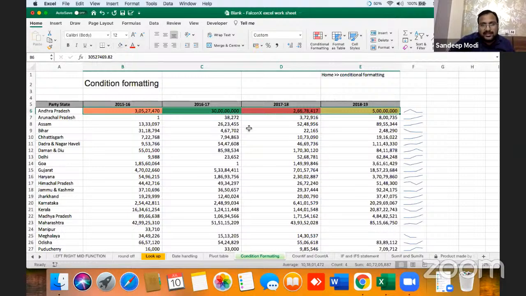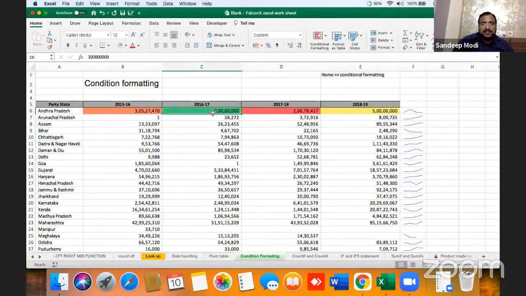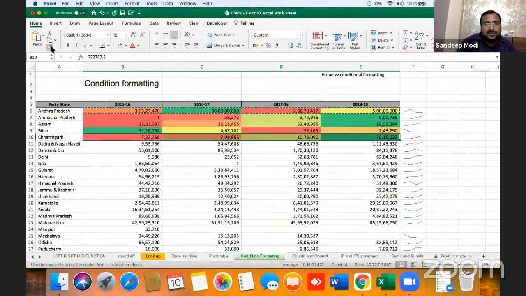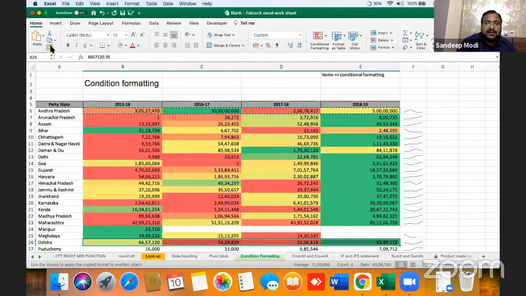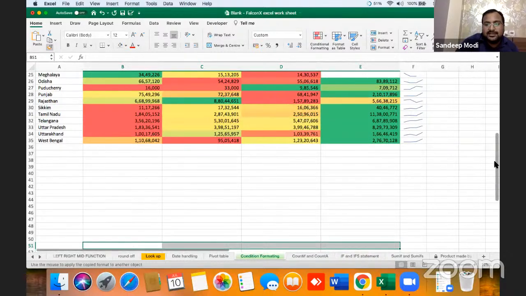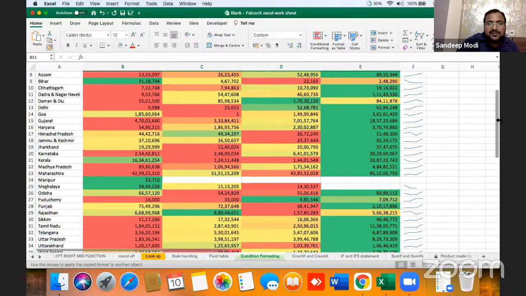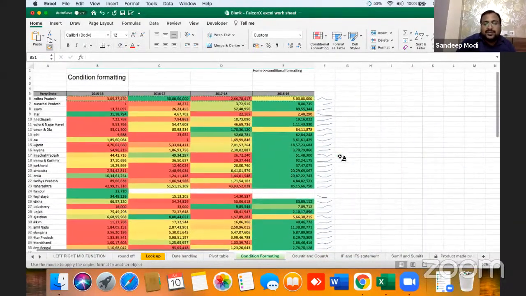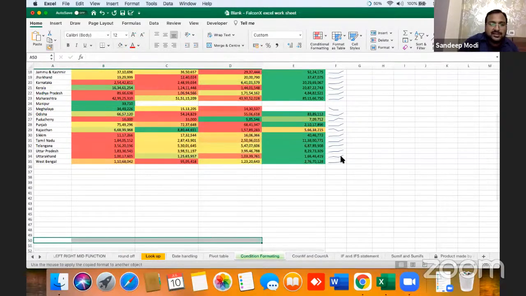So here you can easily understand कि in 16-17 we had a maximum sale. We have a maximum sale, and 17-18 the sales were very low. Now you have to just replicate this everywhere. Select on the brush and down, and here everything is conditional formatting. Now as a CFO, he can easily understand in which state his sales were better and in which state its sales were not better. This was yearly analysis of a sale month wise.